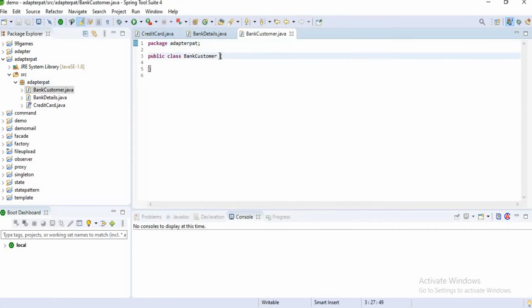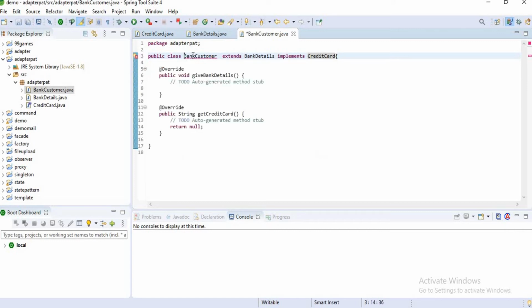Now I want to extend it with BankDetails and implement it with CreditCard. It's done. Now I want to add the unimplemented methods from here. Now I have successfully added the unimplemented methods.